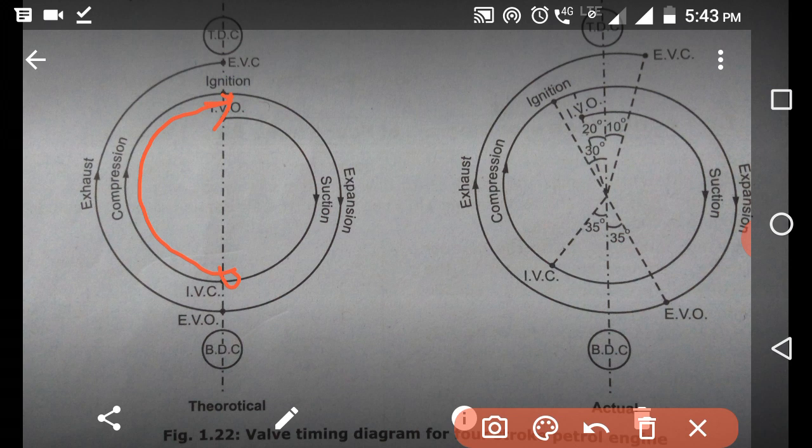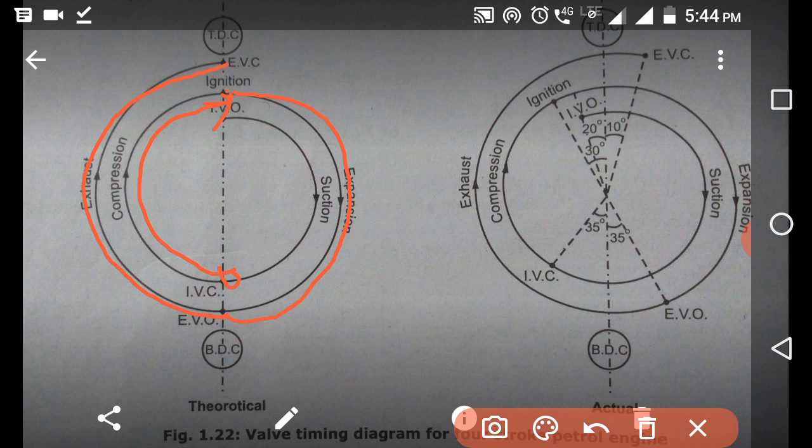Here heat addition takes place, and after that the expansion process occurs. The piston comes from top dead center to bottom dead center, and when the piston is at bottom dead center, the exhaust valve will open instantly, and the byproducts of combustion escape from the cylinder to the atmosphere, and the cycle is completed.